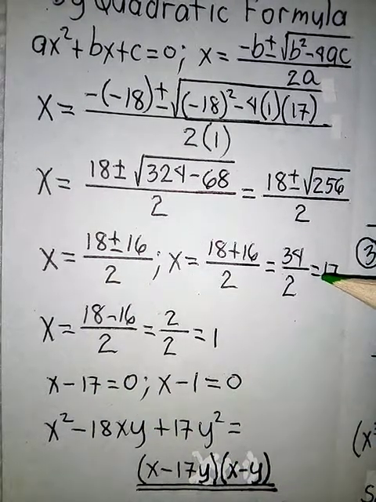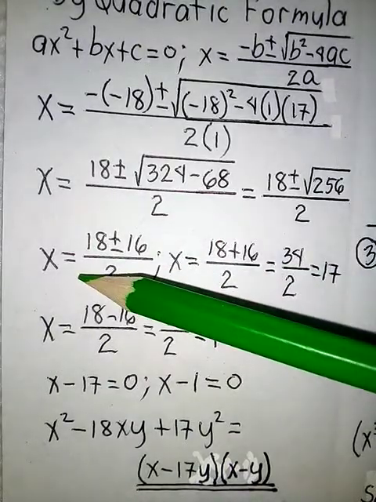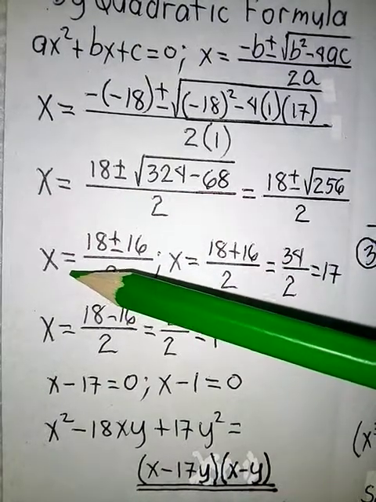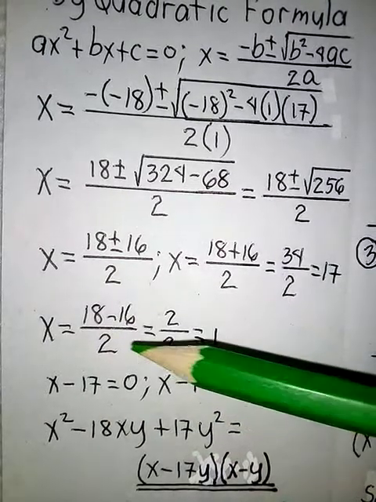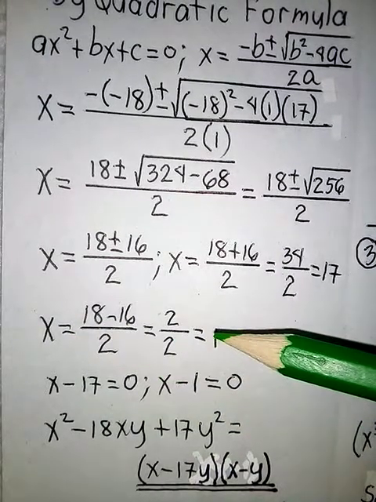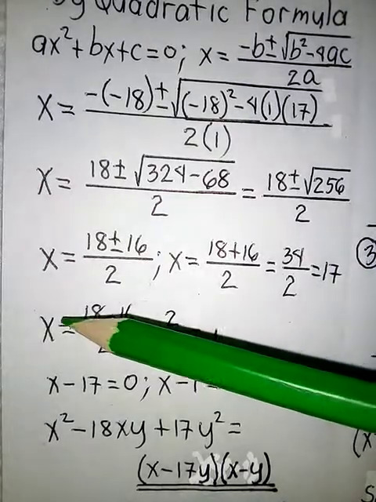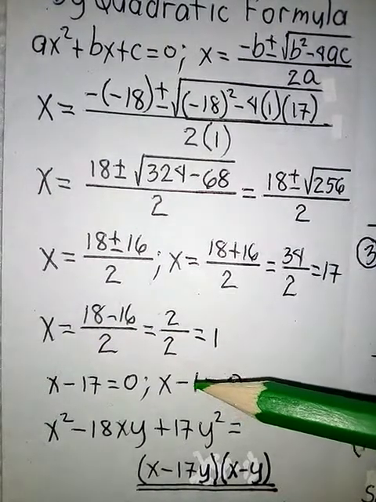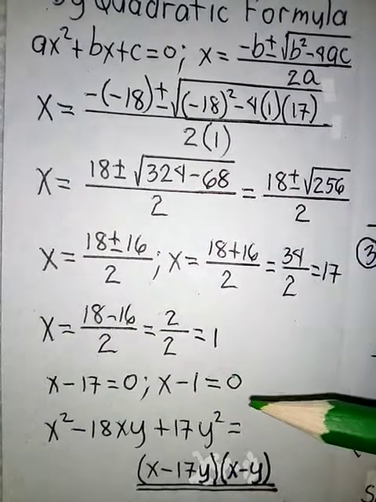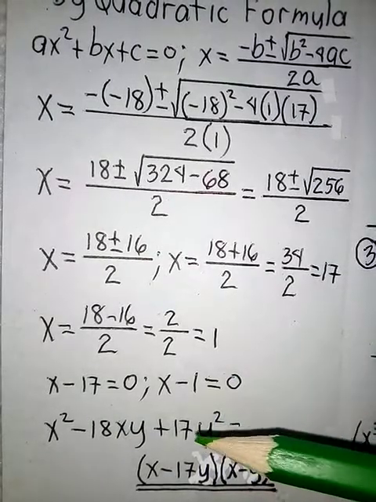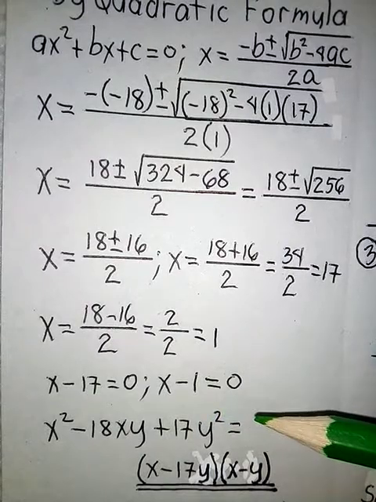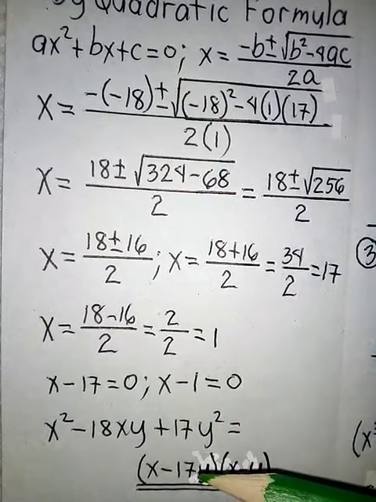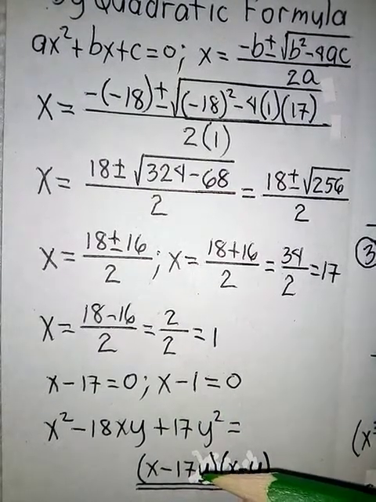We transpose 17 to the left side, so that 17 will become negative 17. And also x is equal to 1, and transposing 1 to the left side, that will be x minus 1 is equal to 0. So now the factors of x squared minus 18xy plus 17y squared are x minus 17,